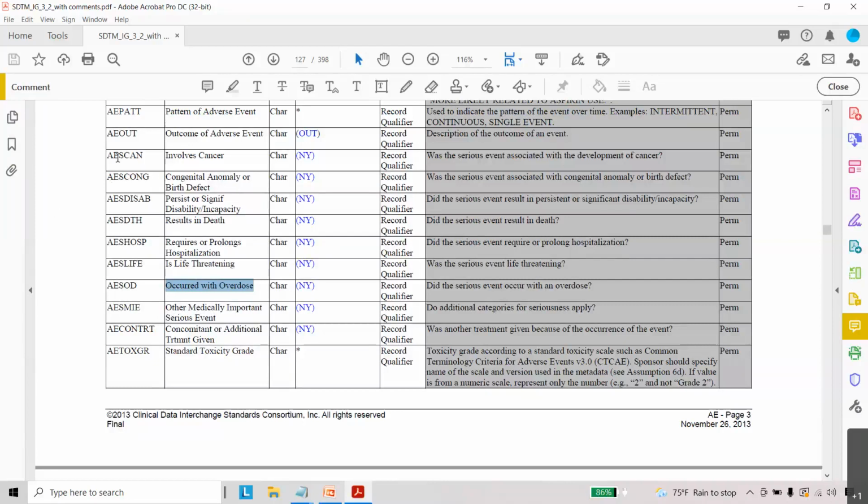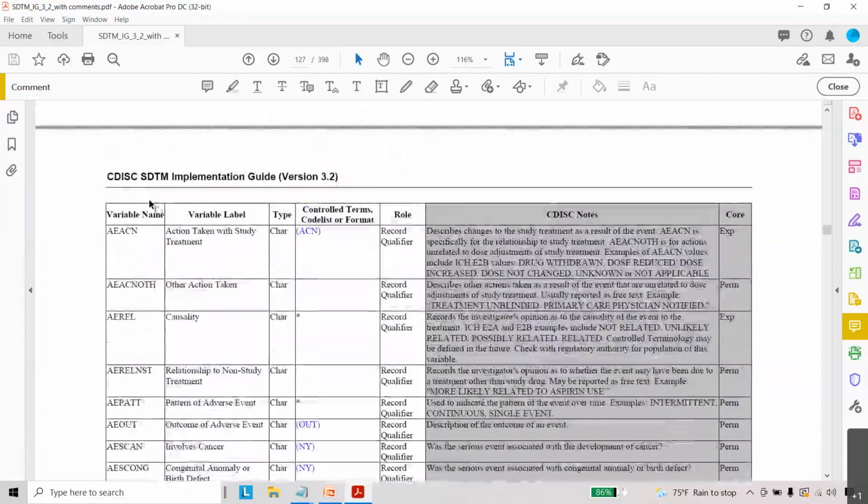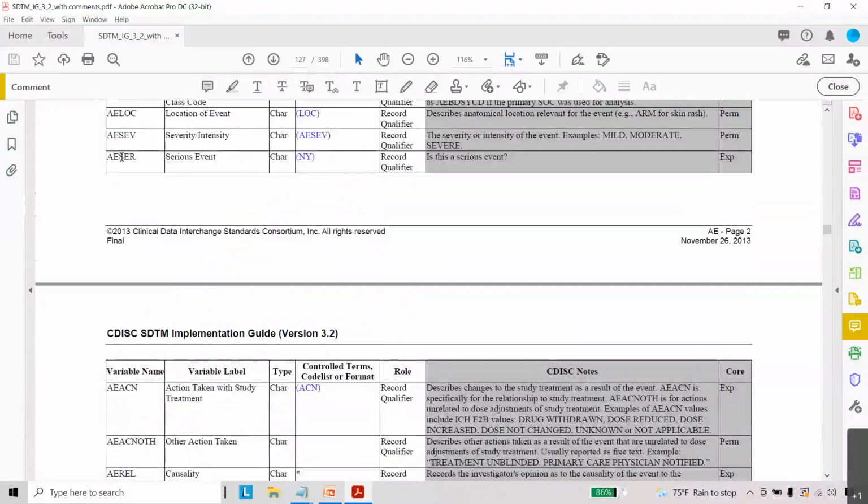And if you observe here, we have one variable, AESER, which is serious, meaning serious event. What are the values we can see? Yes or no, correct?